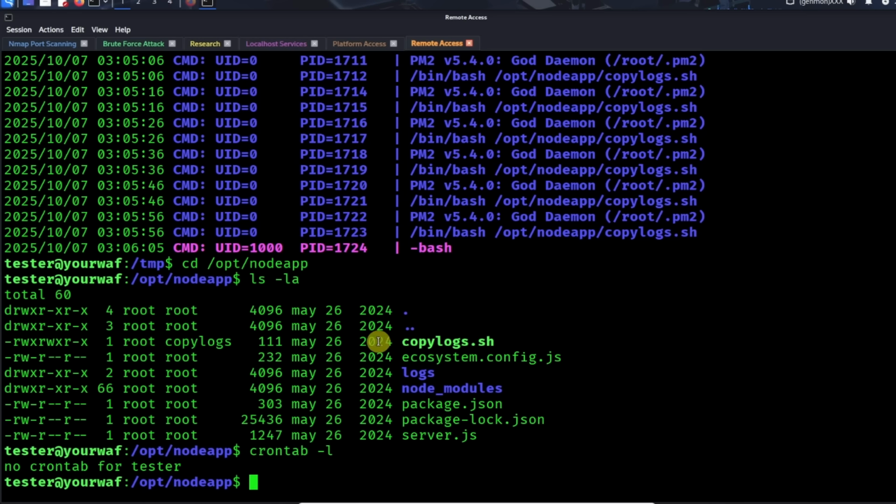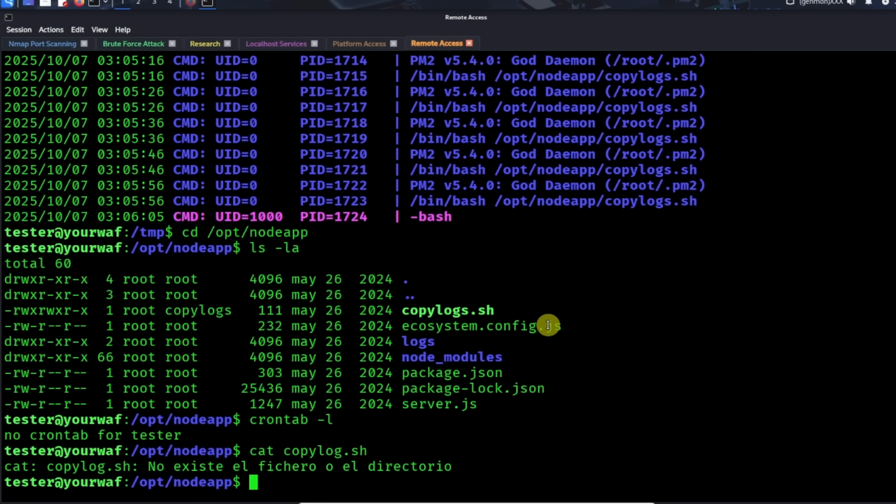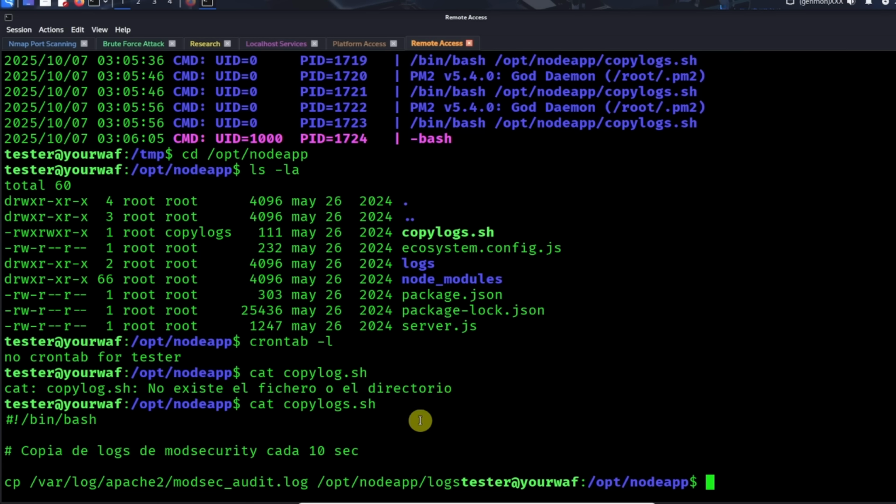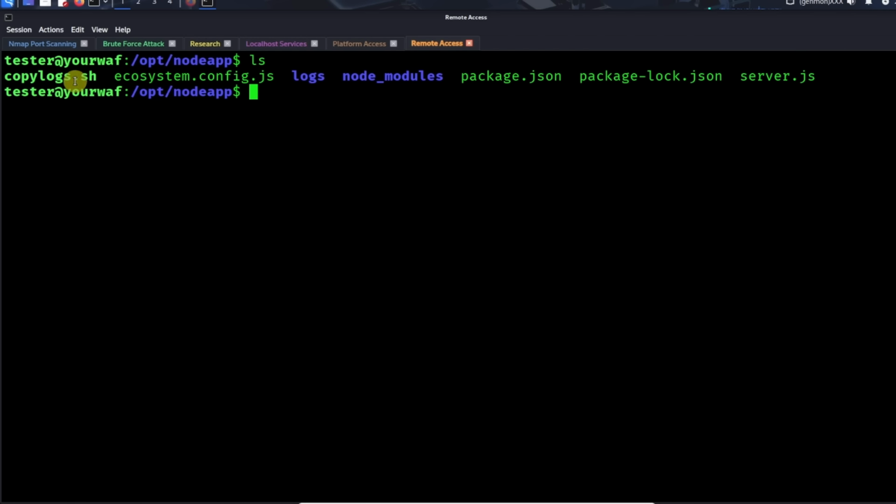I guess the modification time doesn't really tell you either, but if you take a look at the contents of copylogs, you get a feeling that this is actually something that's going to be run on a very regular basis because it's copying over files from the logs directory over here. But so this is our indication. So if we get the indication that this is actually a file that is being run at regular intervals,